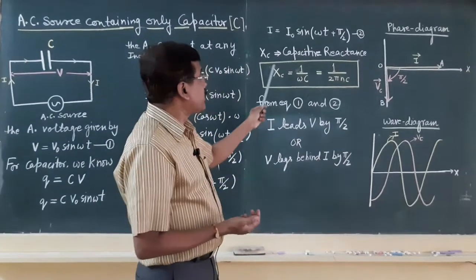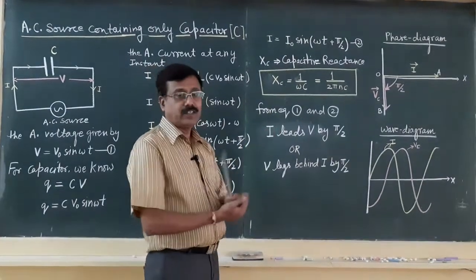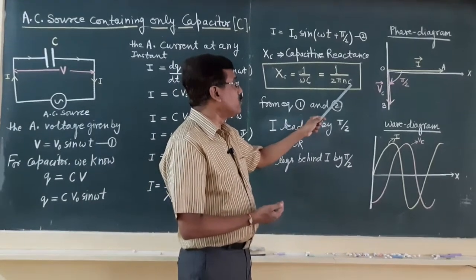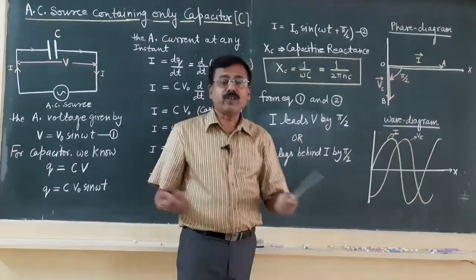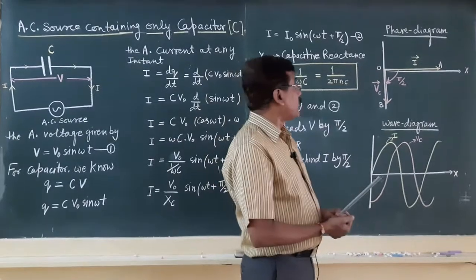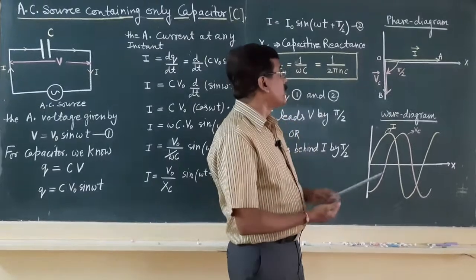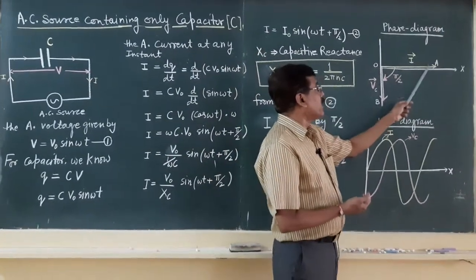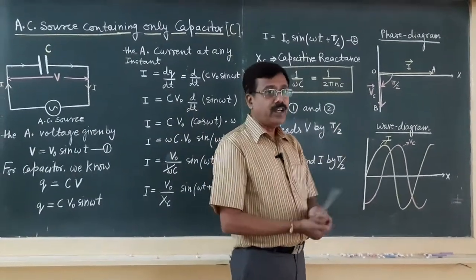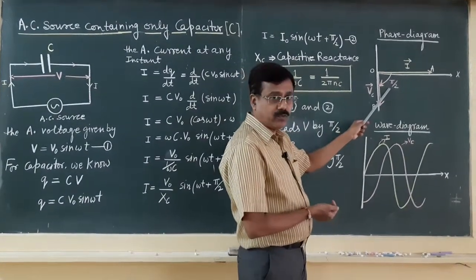Now, again the capacitive reactance, already I have explained, Xc is equal to 1 by omega C, but in terms of frequency, omega can be replaced by 2 pi n, into C. Small n is the frequency of the applied AC source. So, now see the phase difference in terms of vectorial representation of voltage and current. In this diagram, OA vector represents current I, OB vector represents voltage drop across C, and it is very clear that VC lags behind current by pi by 2.